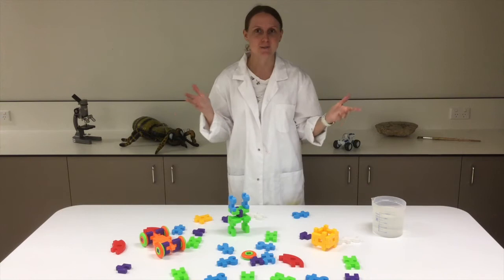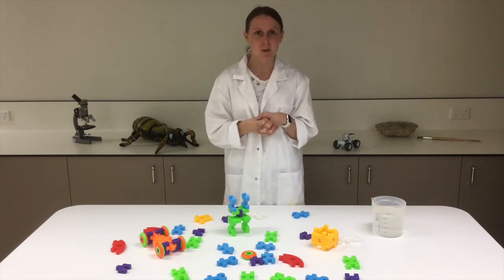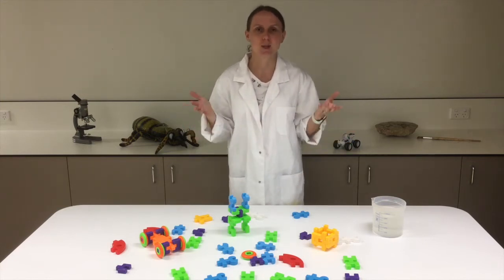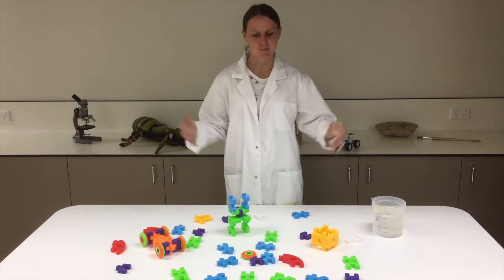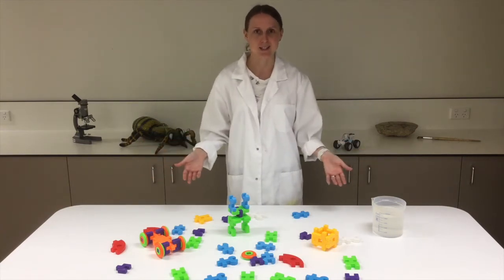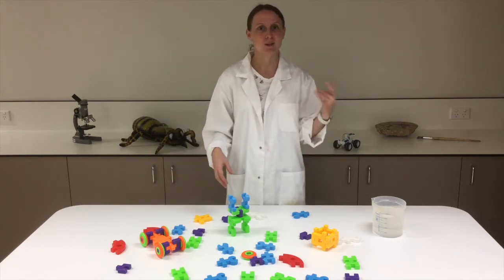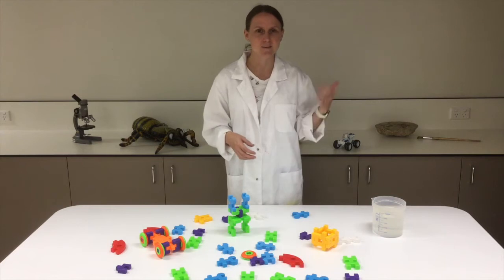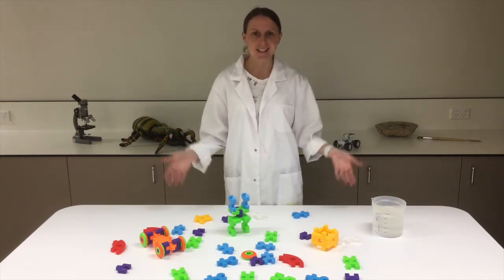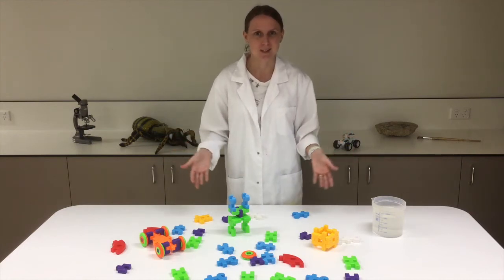For our lessons for the next couple of weeks, we're going to continue to focus on materials. However, we're going to be focusing on materials that have been used to make something that we all really love and enjoy. Toys. Toys come in all different shapes and sizes, and toys can be made out of all different materials. Materials that are soft, materials that are hard, materials that are heavy, and materials that are light. There are so many different materials out there that people have chosen to use to make these toys for us